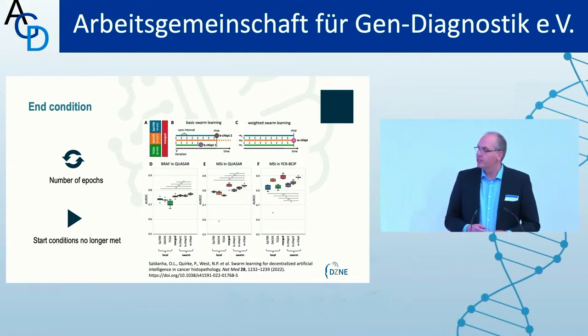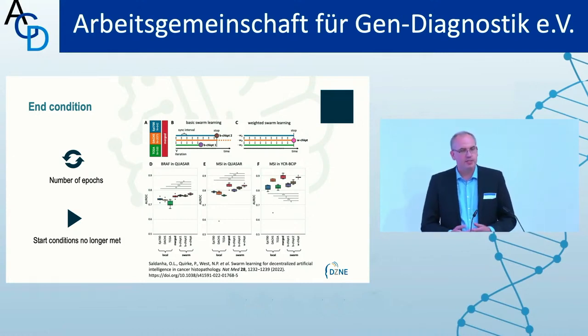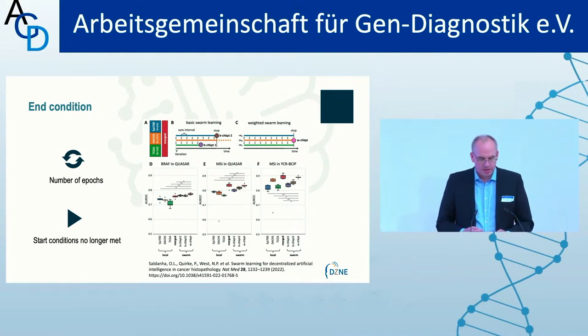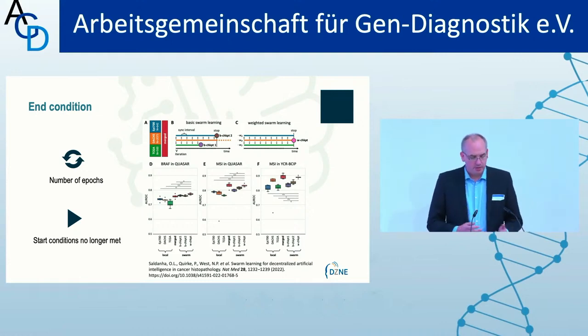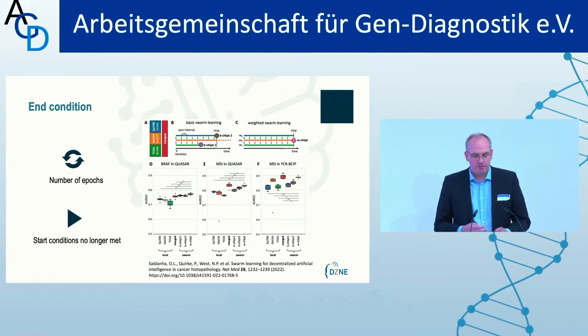On the right side, you can see a nice scenario described on the top that deals with different sizes of data sets. This is again from the Carter lab. They looked into this quite nicely, because if you think about training your model and stopping conditions, with different sizes of data sets some sites might train faster than others. They have looked into how to continue training the swarm even if you have already processed all your data. They've shown that if you repeat training on existing samples to stay along with the swarm, this can increase